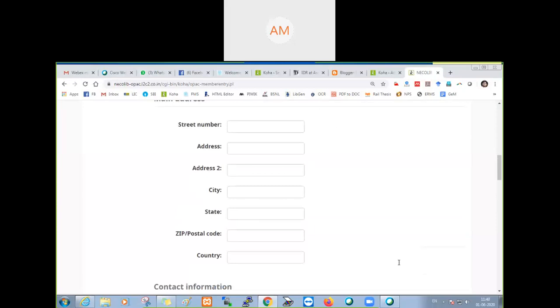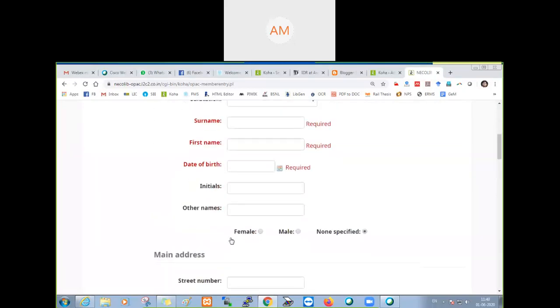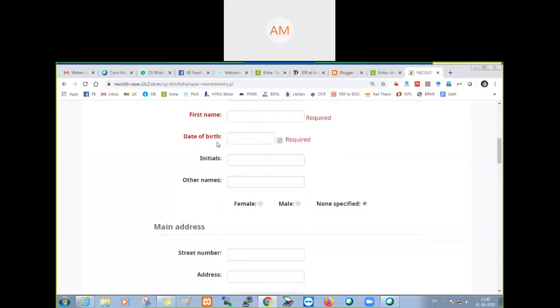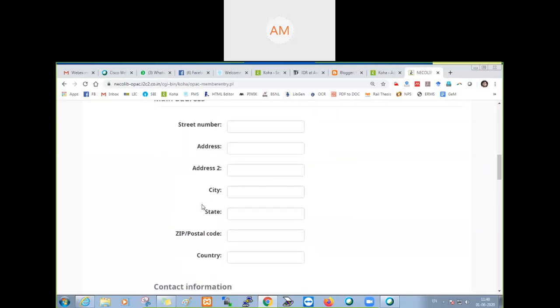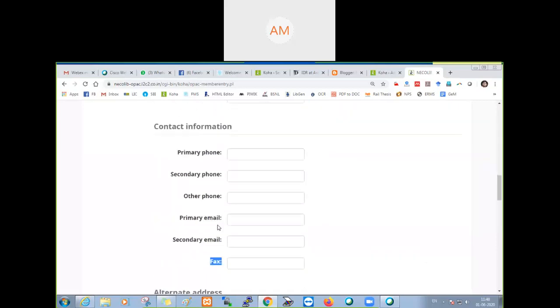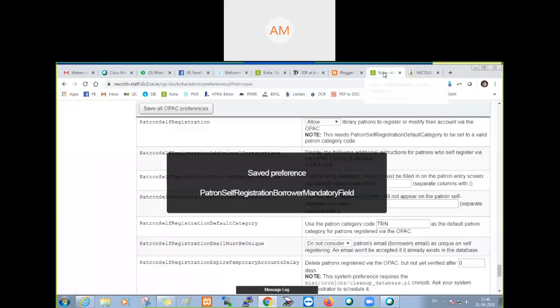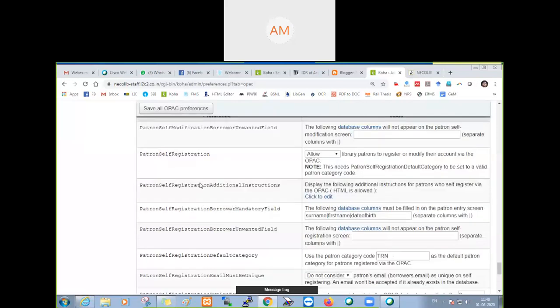How to make a field mandatory here. Earlier we made date of birth mandatory. Now we'll make your mobile number, primary email, or primary phone mandatory. So I will go here. The form is patron self registration mandatory field.